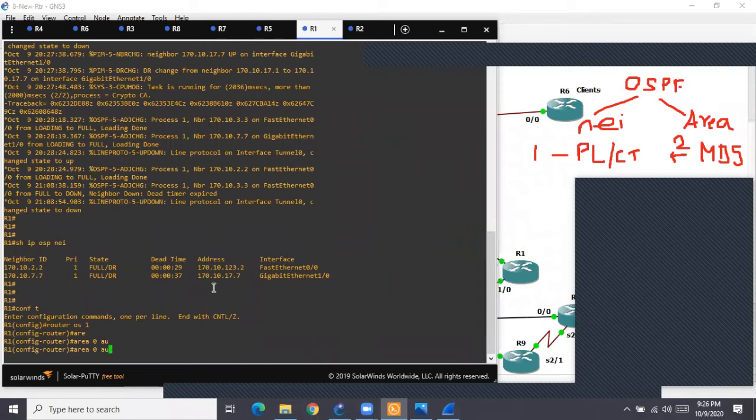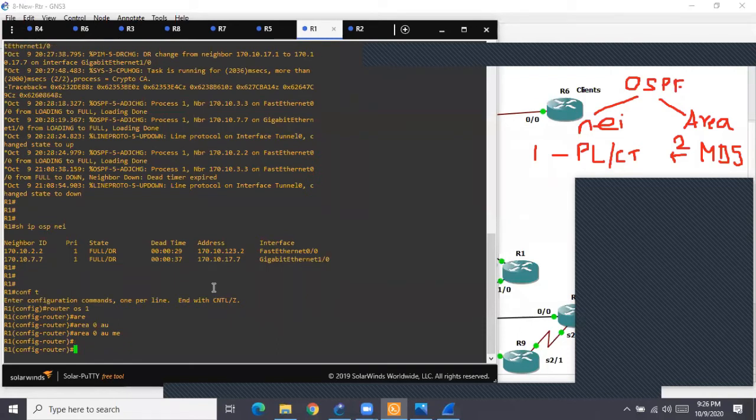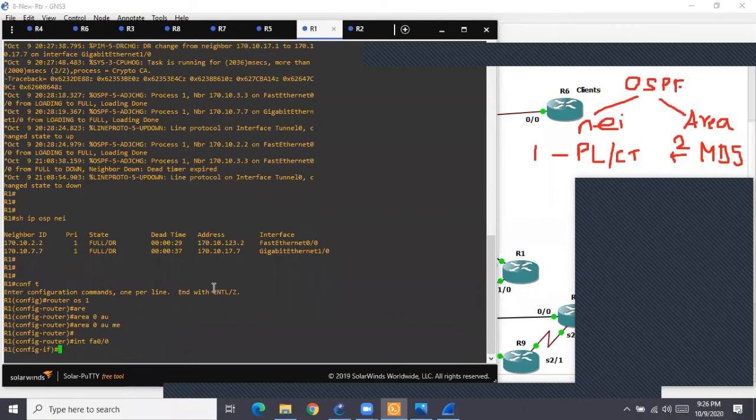So I say area, which area? Area 0. And this time I'm not going to type the full command, I'm just going to type the shortcut. Area 0 authentication message-digest. For authentication I write only AU, for message digest ME. Then go to the interface towards area 0, whatever that interface is, and use the same command.